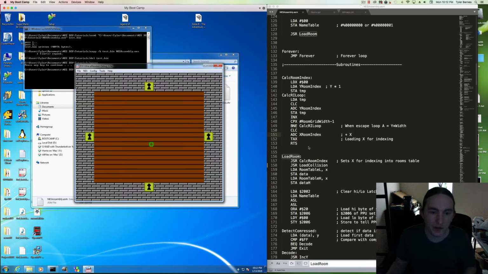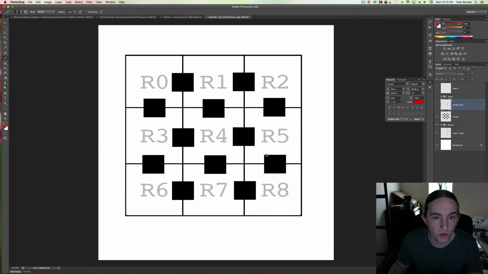It actually happens that we have more than 8 doors, so we need more than 8 bits, so 2 bytes will represent all the doors. And let me just visually show you what that's going to look like. So we have 9 rooms, and each room has a unique set of doors associated with it. So room 0, for example, contains a right door. It also contains a bottom door. Now, room 5, for example, it's unique in that it only has a top door, a left door, and a